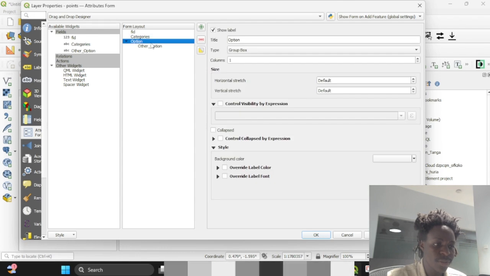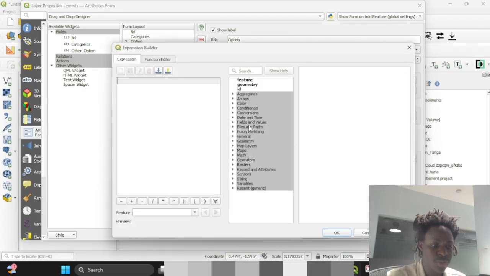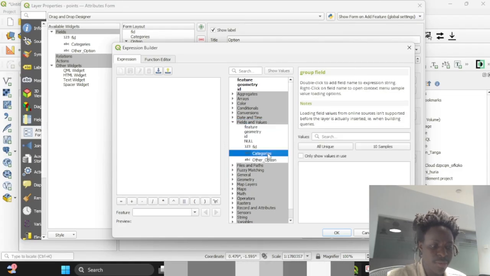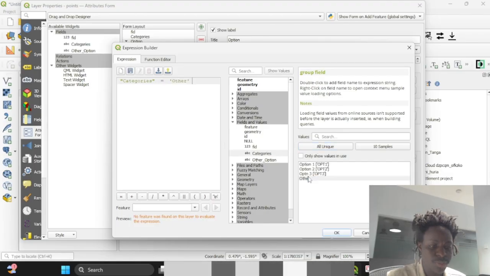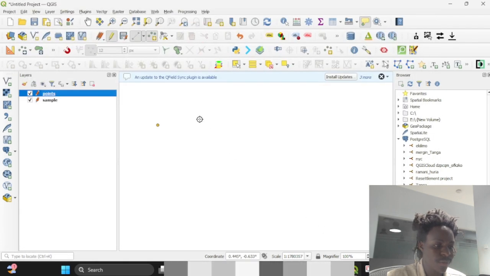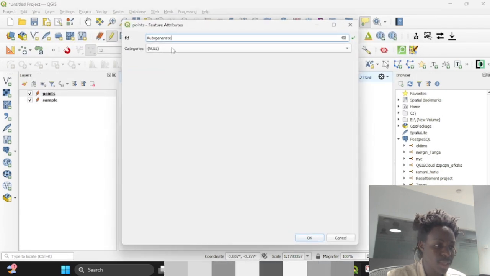After that, you come to define the visibility condition expression, check the visibility condition, and then you come up here on the expression, fields and values. You come on the categories equals to all unique values are the option. Say OK, and then I say apply. OK. So if I come here and then I say other option,